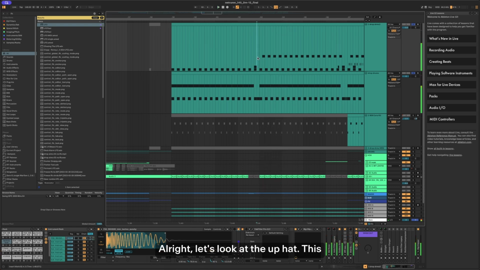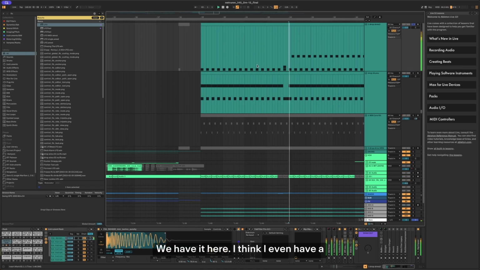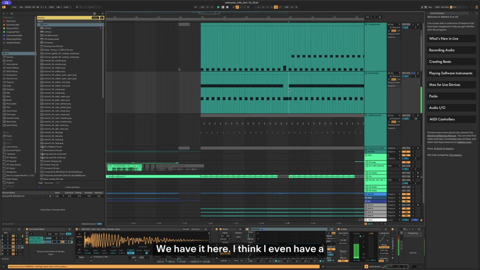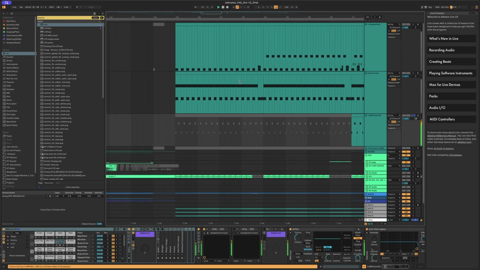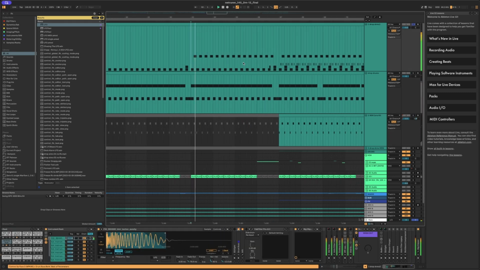All right, let's look at the up hat. This is our main techno hat. We have it here. I think I even have a layer in here somewhere. Here, I've got a couple of different hats that come in. So one,